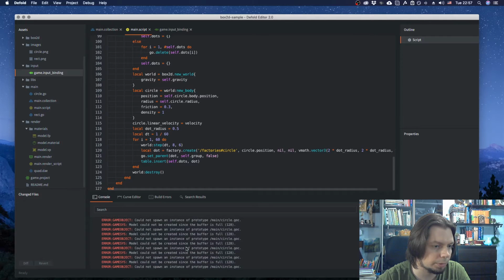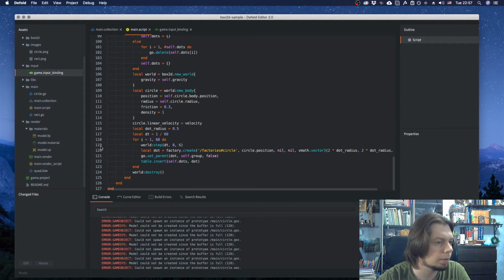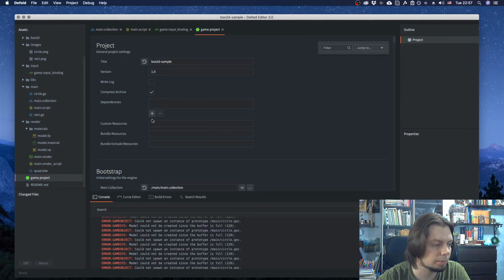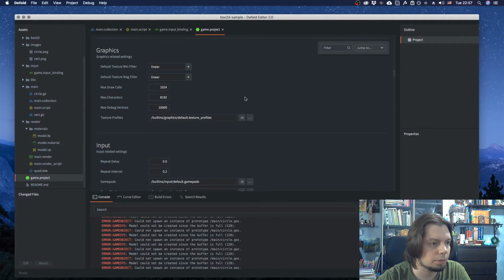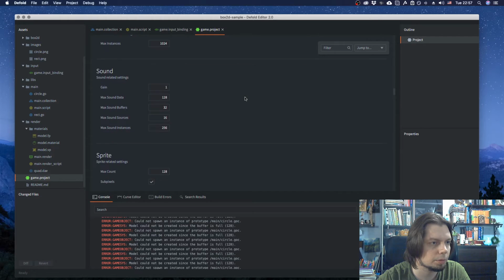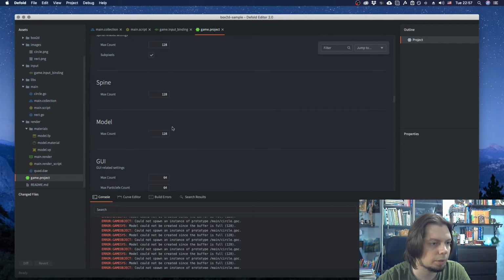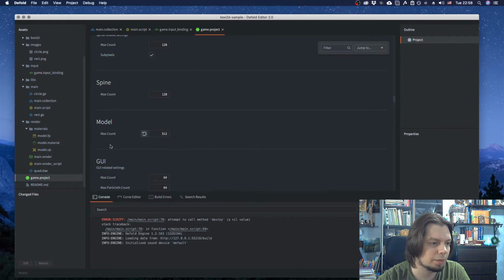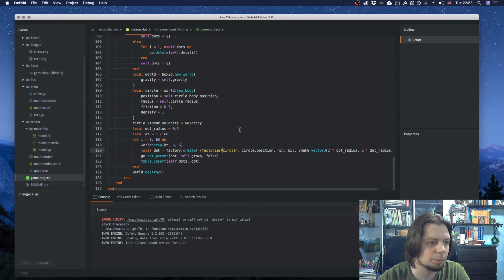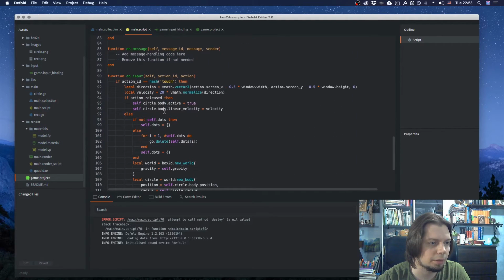Could not spawn an instance of property because the buffer is full. Let's increase the buffer. Where do we do that? Not input, not resource, not collection sprites. Here. I guess it will be here. Yeah. Here's our trajectory, and because the gravity is rather high and the speed is low, we don't get a big result here. So let's increase the speed,